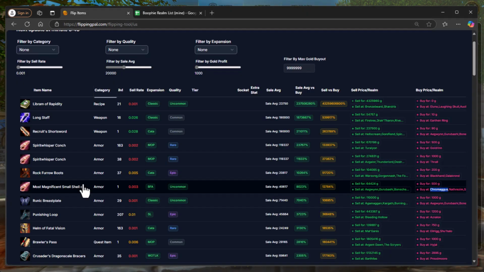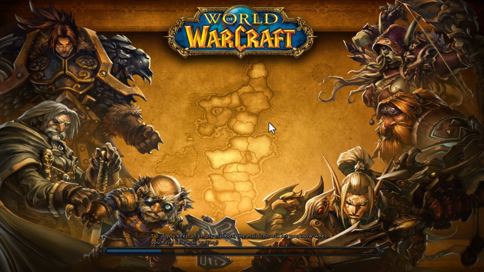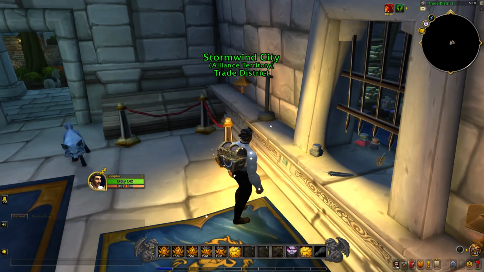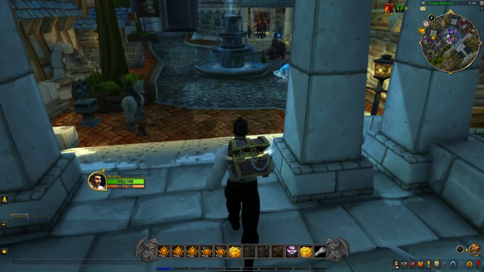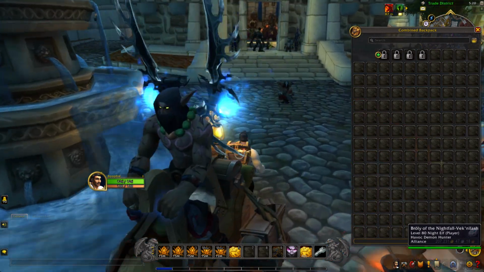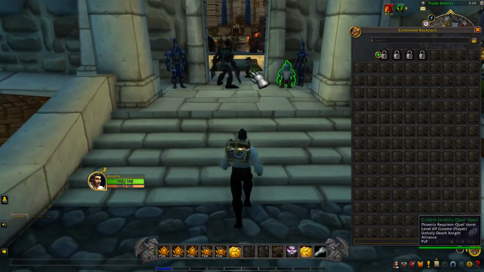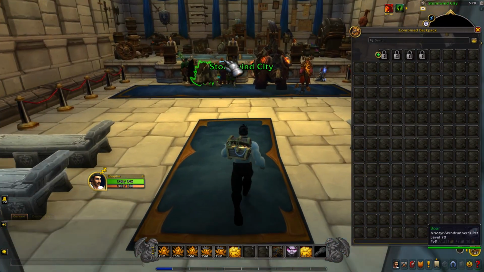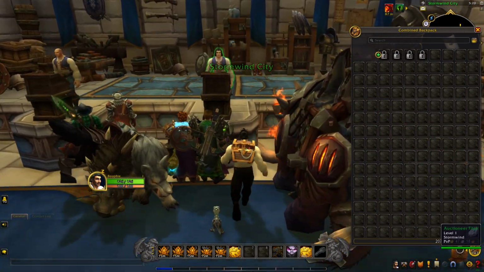Head back to the tool, copy the name so we don't waste any time once we log in. Head over to the auction house and we'll see if this one is still available. Hopefully it is, because this has a really good sale average price that if we manage to pick this up for only 500 gold, this will be an amazing flip for sure. Let's head over to the auction house here, and fingers crossed this one is up on the auction house. It's a pretty exciting flip,